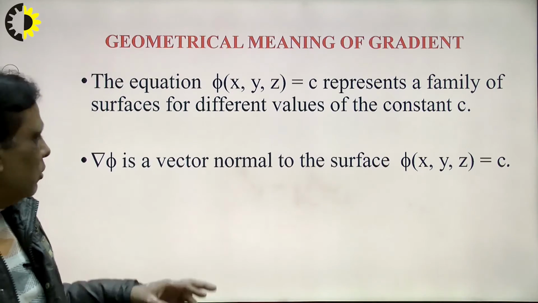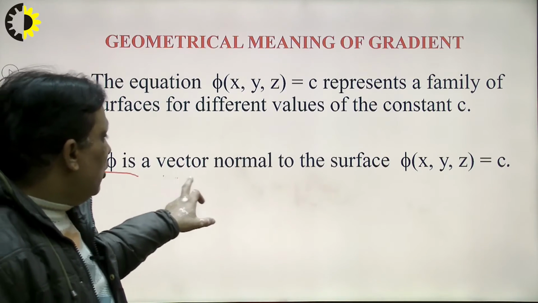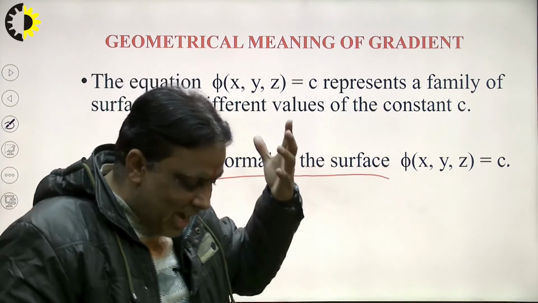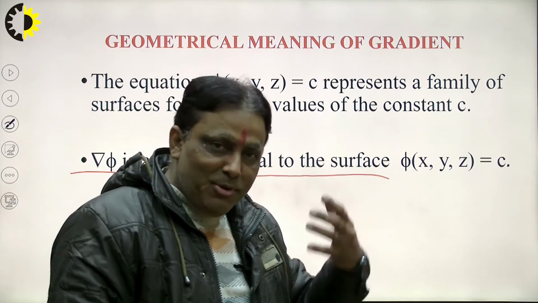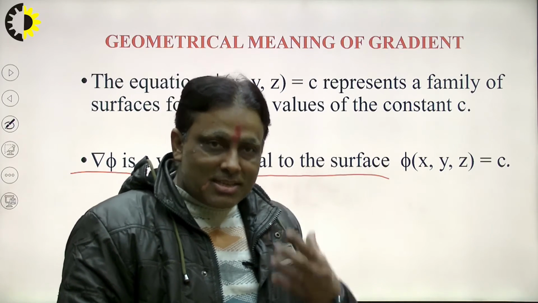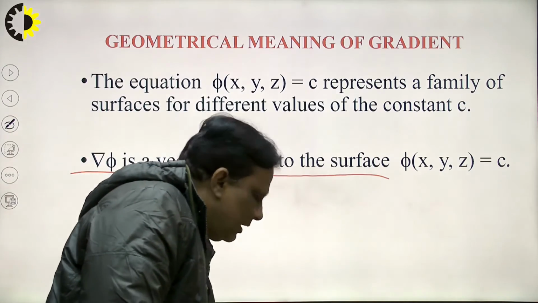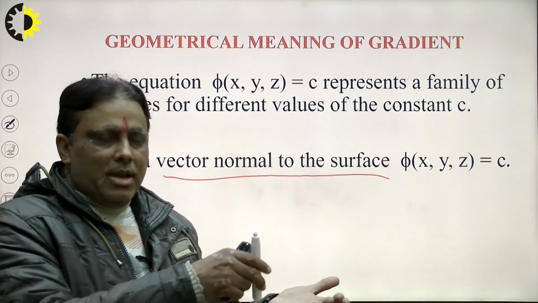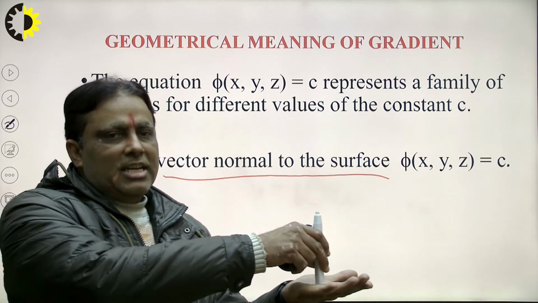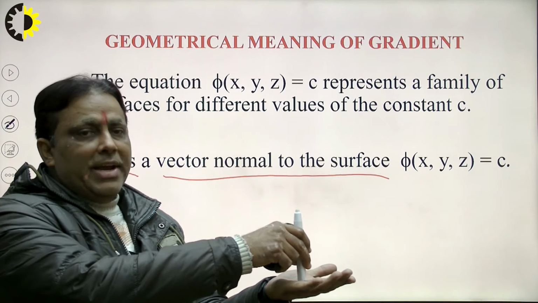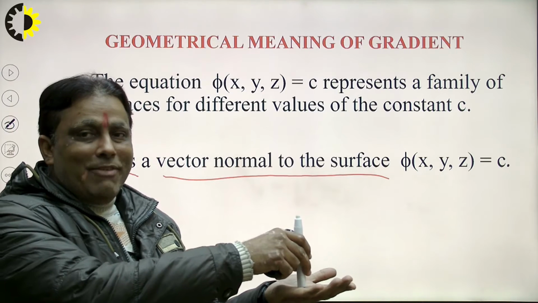How to calculate? So del phi is a vector normal to the surface. Because I am standing on the surface, I am known as the normal to the surface. Suppose I have a pen in this way, and my hand is in the two-dimensional plane, and this vertical position is known as normal. So grad phi is a normal vector here.